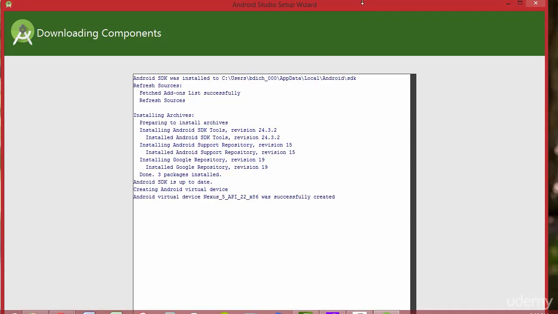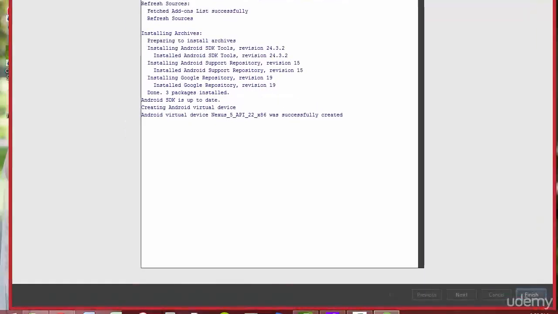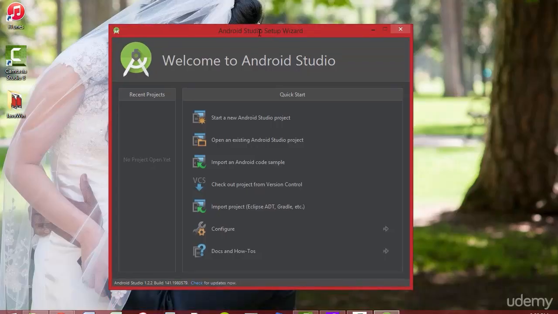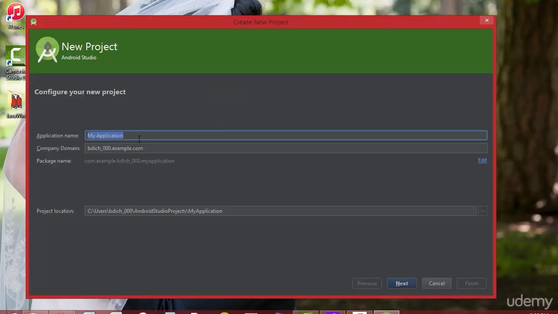And if we look at the bottom here, it says we can go ahead and say finish, and this is what you should be able to see. This is what you're always going to see when you start. You can go ahead and check for updates, but we're not going to do that right now. So you go ahead and say start new Android Studio project,